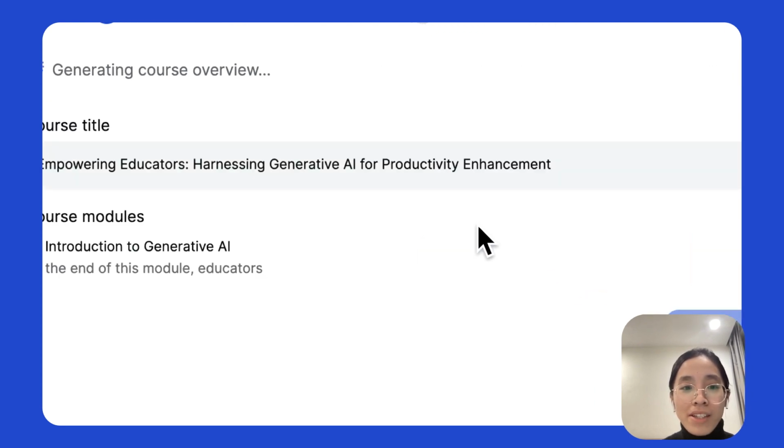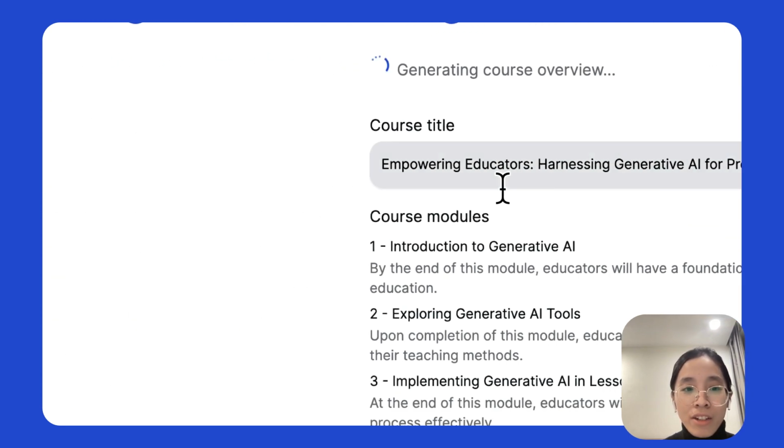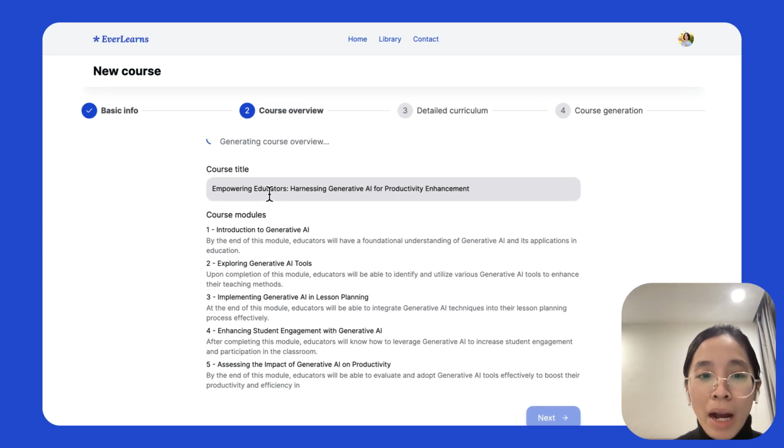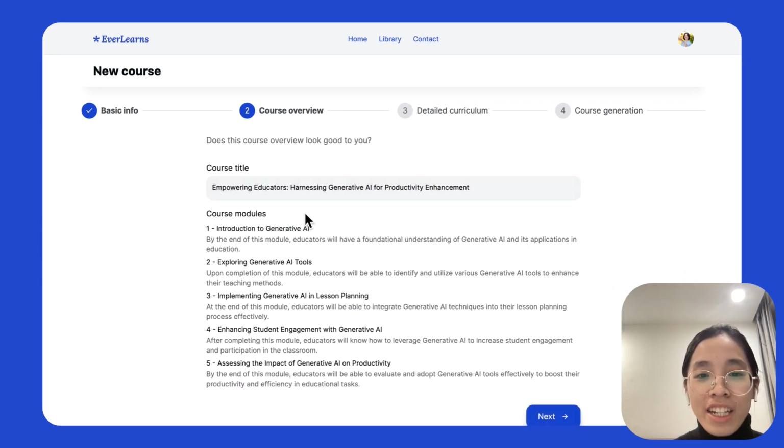So here, as you can see, EverLearns is suggesting a title for the course, which is Empowering Educators, Harnessing Generative AI for Productivity Enhancement, which sounds really engaging. And the list of course modules suggested is like this. I think it's pretty good. So let's just